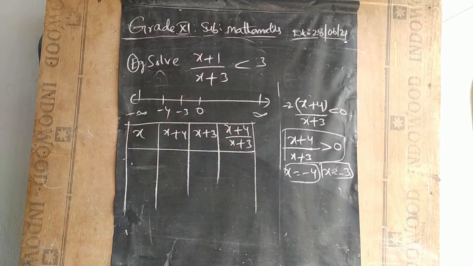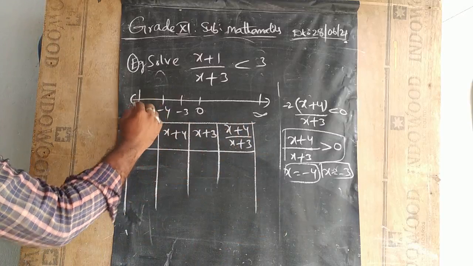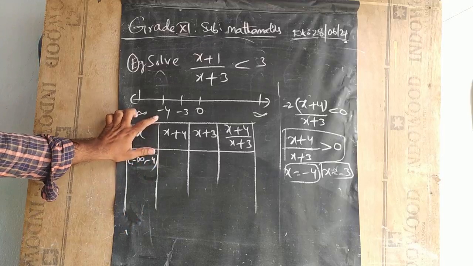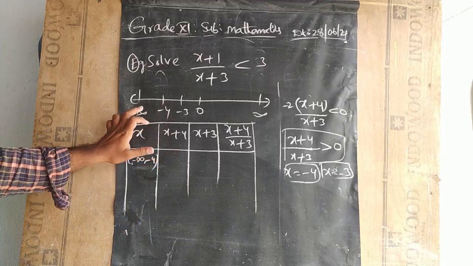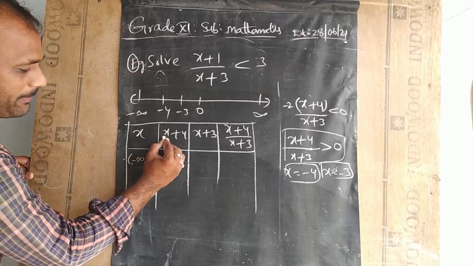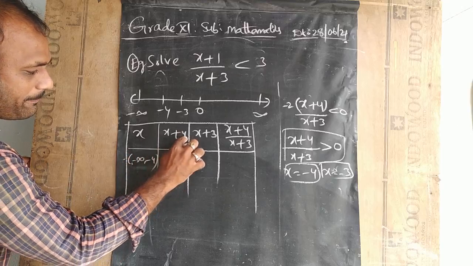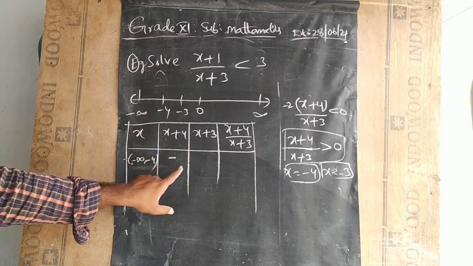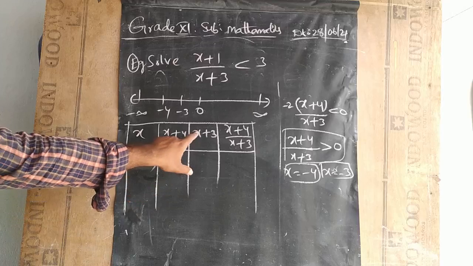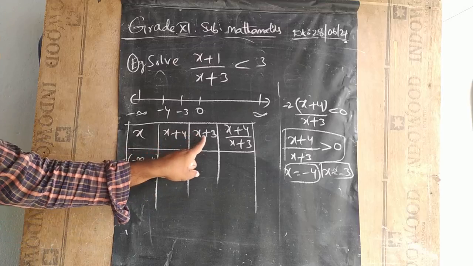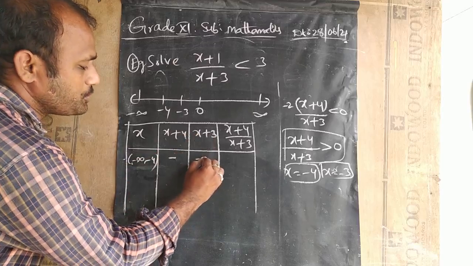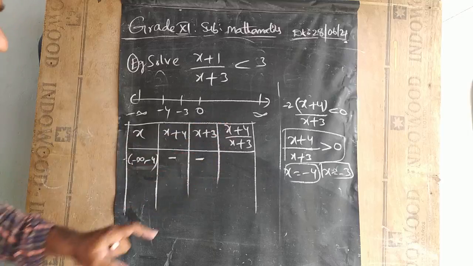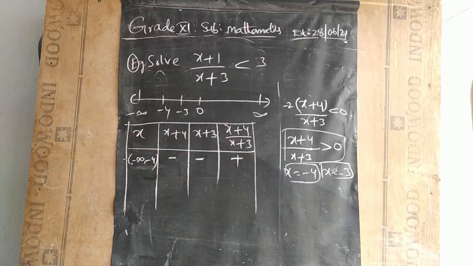Okay. First range for x here. The first value is minus 4, so minus infinity comma minus 4. Take any value from minus infinity comma minus 4. I will take minus 5. If I take minus 5 as the value, minus 5 plus 4 gives minus 1, which is the symbol minus. We are targeting only the symbols. Same number, minus 5 plus 3 is minus 2, so both are minus. Now minus divided by minus, if I do division, it will become plus.